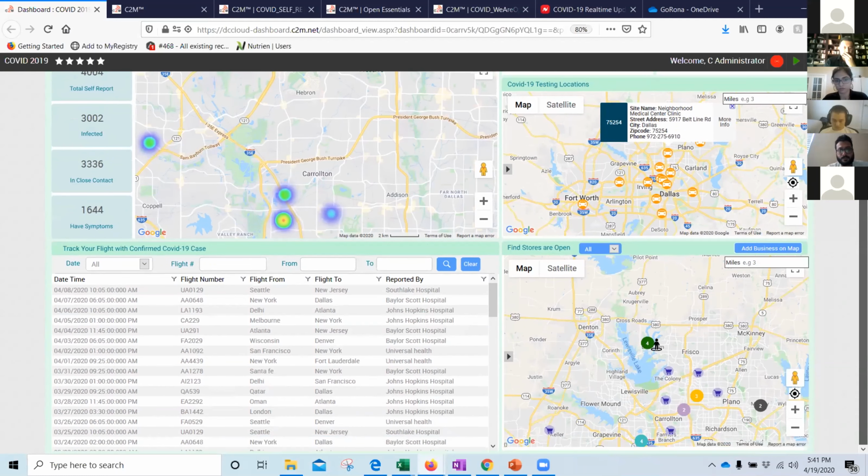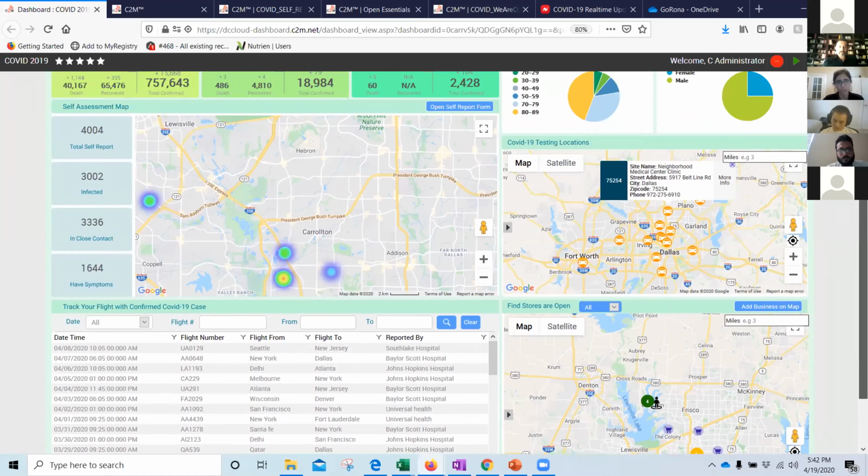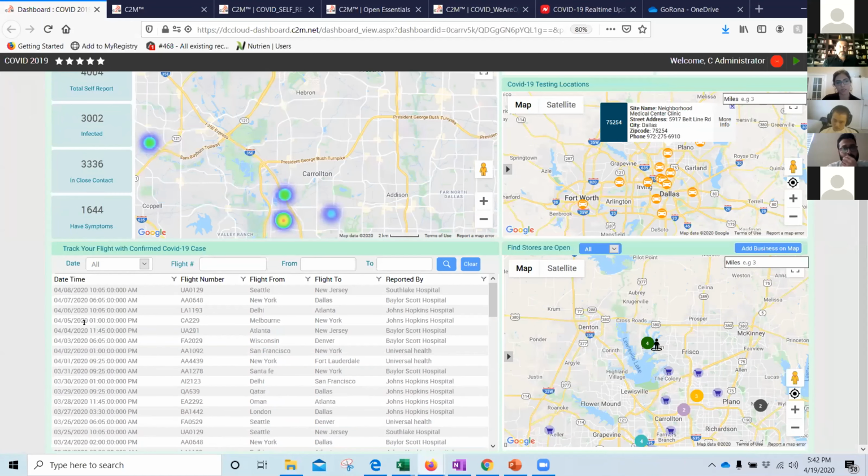A lot of thought was put into building this dashboard, and this is pure teamwork. Every widget had some contribution from everyone. So this one at the bottom, I think this was Ming's idea. We have to track the flight. It's a flight tracker. So this will provide the government in future, if they get adoption, or airlines, a way to track if there was a flight that had a positive COVID patient,